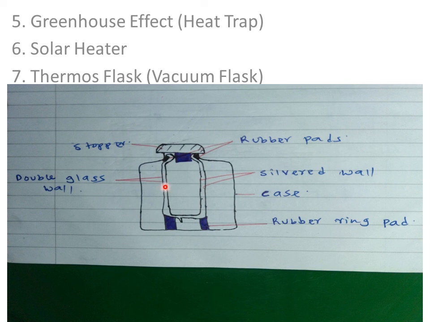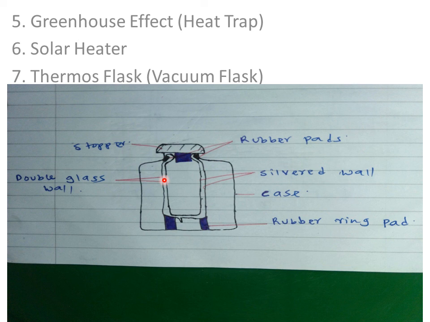So the air between the double walls is pumped out to create a vacuum. Air is pumped out of this wall, that is the space within this wall. It usually has air, so we pump out that air to create a vacuum, or a place without air. So this vacuum is an excellent what? Insulator, minimizing heat transfer by both conduction and convection. The air removed prevents heat transfer by conduction and convection.